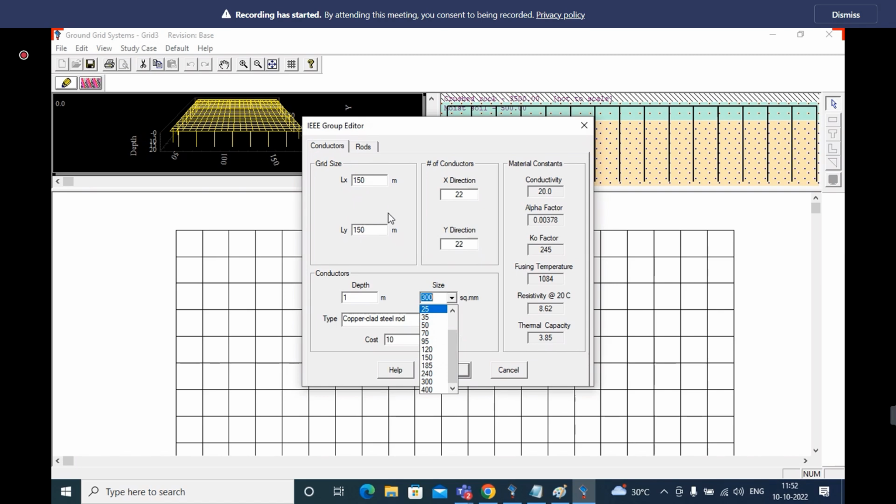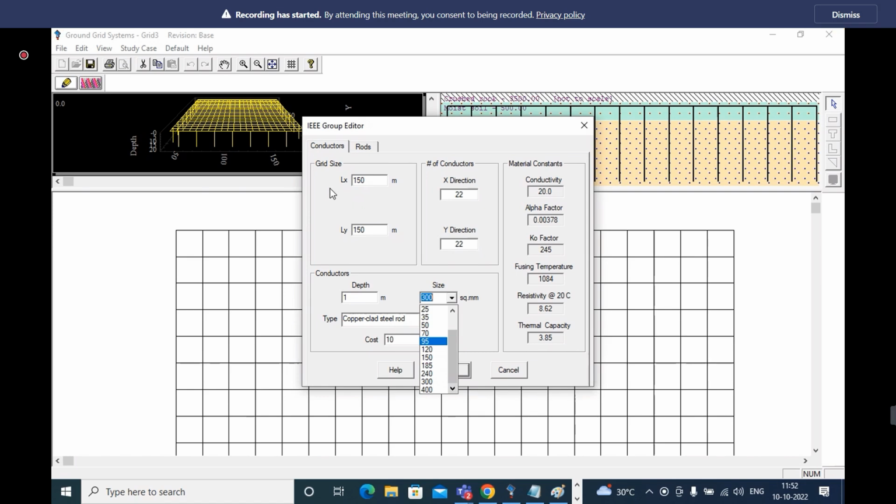Instead of changing this square mm, maximum here we have 400 only, right? That is the reason here I changed the grid size. Okay, it exists as a limit in that software. So instead of changing the square mm, here I'm using grid size. Changed the grid size.